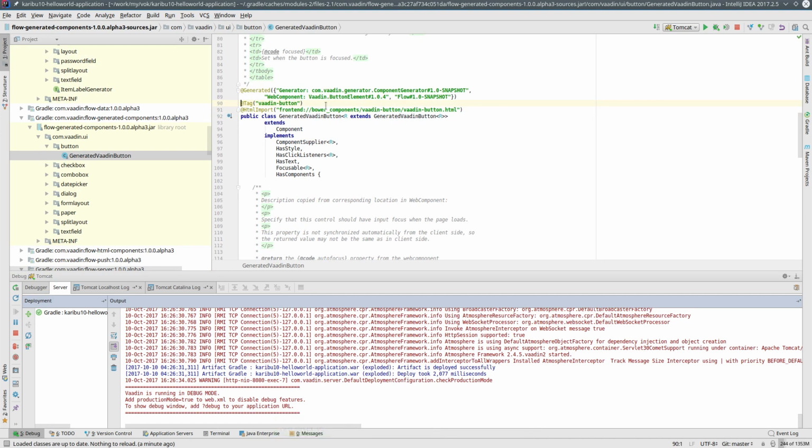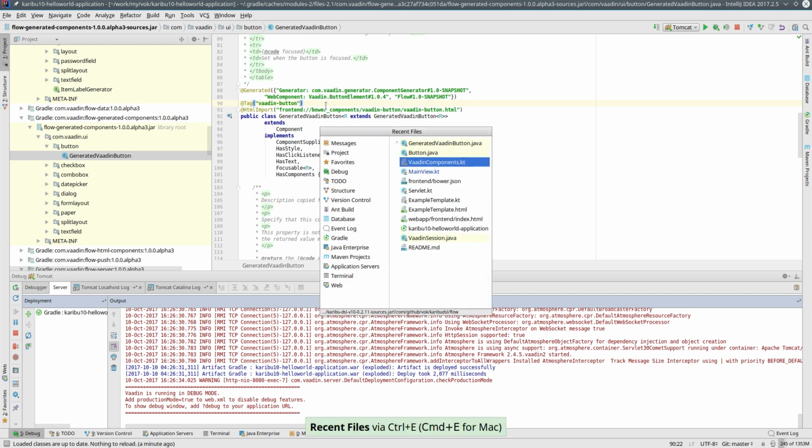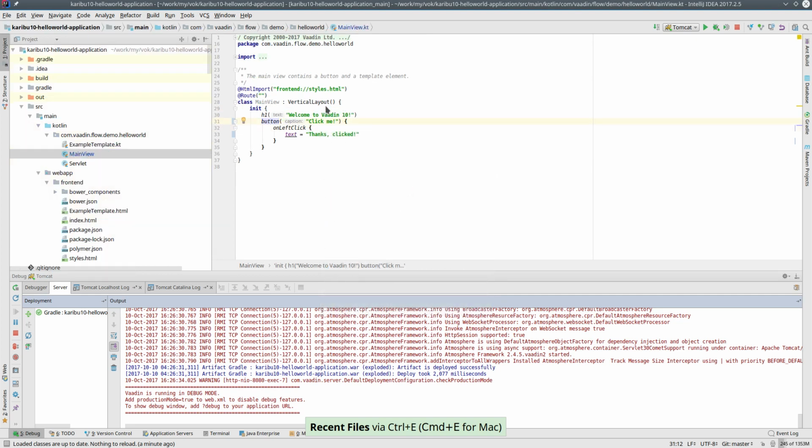So this is kind of a configuration for Vaadin Flow, which, when this tag is used, tells Vaadin Flow that on the client side it needs to instantiate an element called vaadin-button, which will then talk with this wrapper or server-side image. So when we create this component, it gets transmitted via Vaadin Flow to the client side, and it will add this